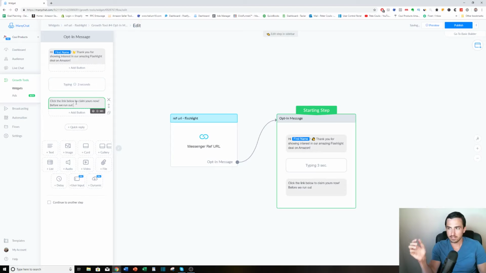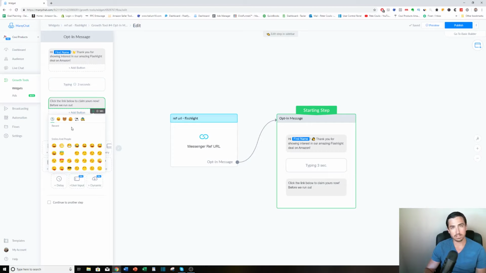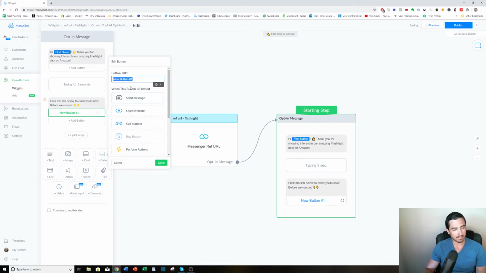Now, obviously, this isn't the greatest copy in the world. This is all done to show you guys an example. I like to also add a little emoji here. If you click this little happy face, it brings up a whole list of emojis for you. I like to maybe give it a few fingers pointing down to the button, and then add a button, and then we can name the button